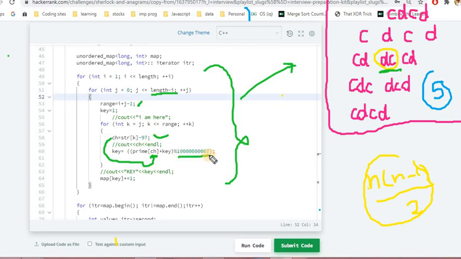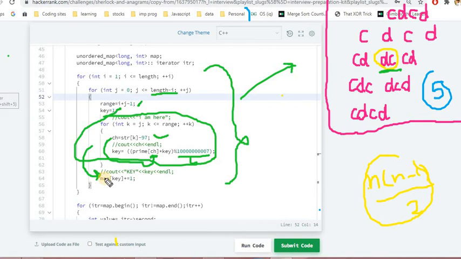We do this whenever we have a large number. This is not necessary, but if there are bigger test cases, you can always use this. And whatever key we get from this whole loop, we are storing into the map and incrementing its count by 1. So let's see how this works, and after that we'll move forward.